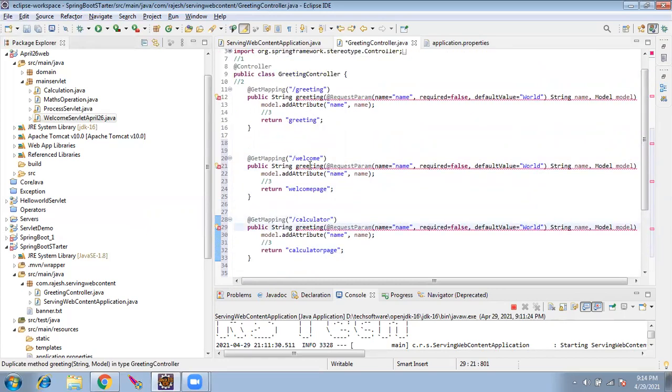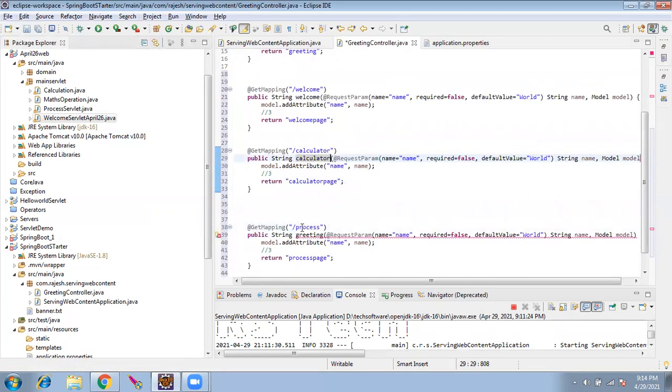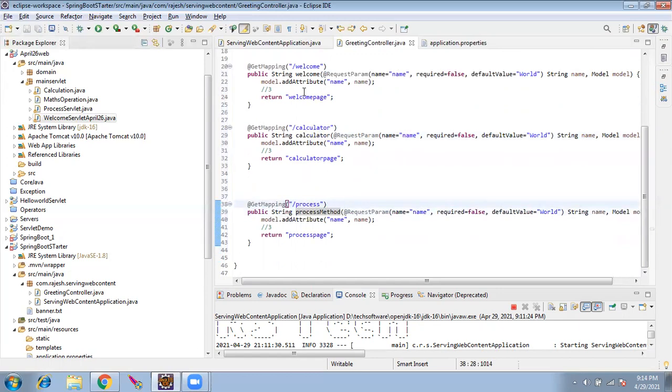Already I had the method as greeting. So let me place this as welcome, this as calculator, and this one as process method. I'll not use the word process. Sometimes it might be a keyword and we'll end up in trouble. We'll not know what the error is.